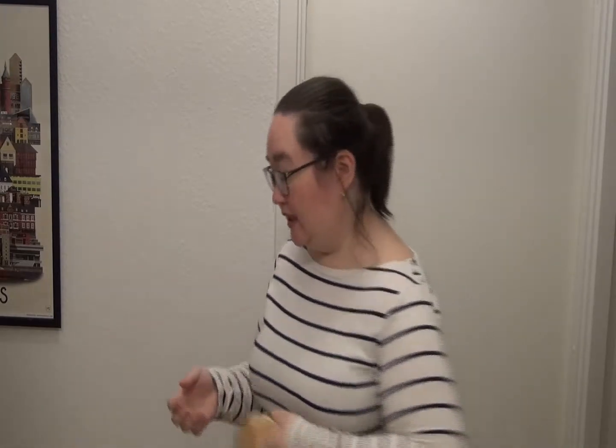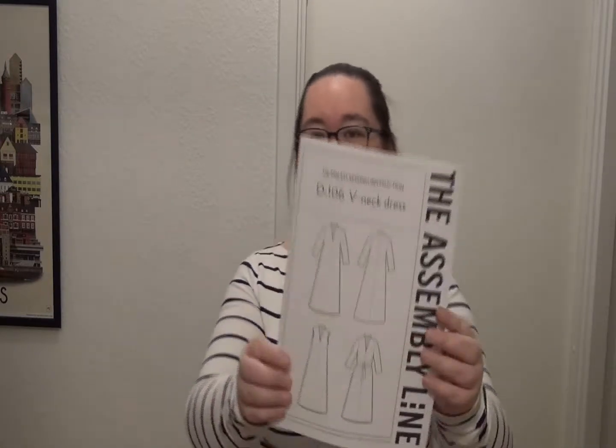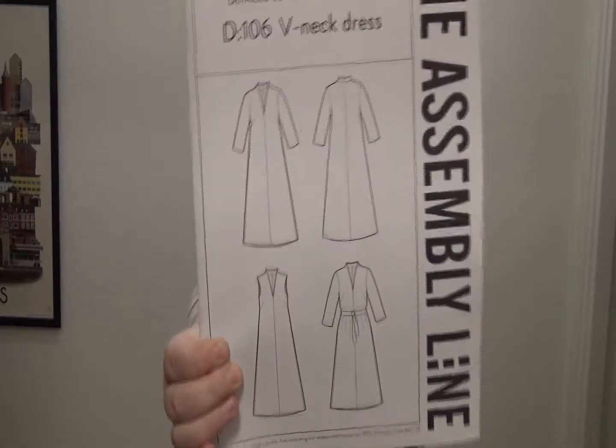So the reason I wanted to clear my sewing table is because I wanted to get something else on it. And what I wanted to get on it is this, the assembly line V-neck dress. It's a very simple dress that's a bit more fitted, but not completely, at the shoulders and bust, and then just flows down. So it's a very simple pattern, because you have a back piece and you have a front piece. You cut 2 of those, and then you have